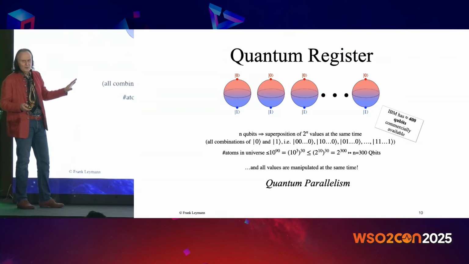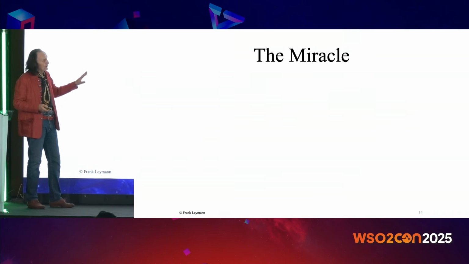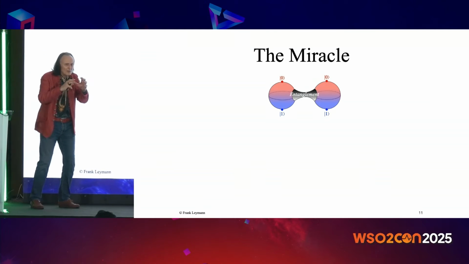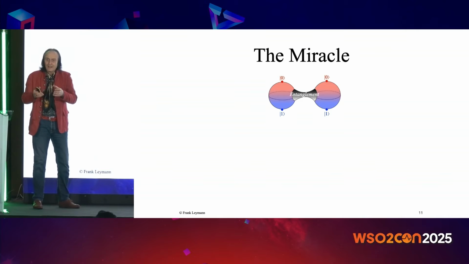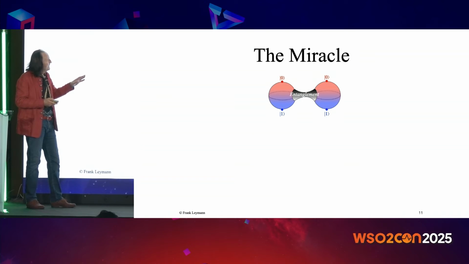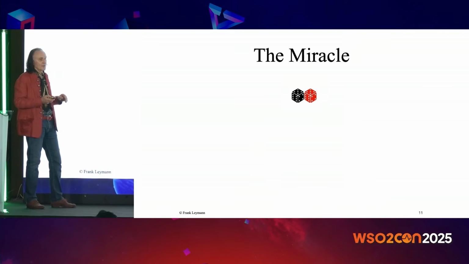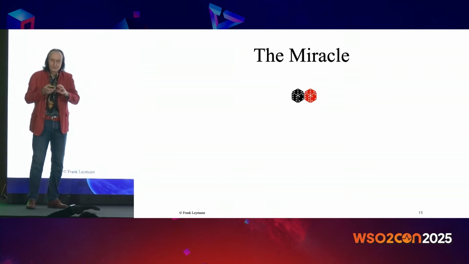And it gets even more crazy, because the real power is a miracle. Here we have 2 qubits, and these qubits can be correlated to each other by a mechanism that we haven't understood for nearly 100 years. It's called entanglement. Well, they are somehow correlated, right? And to give you an analogy, let's assume that the 2 qubits are 2 dice. So you have 2 dice, and let's assume the 2 dice are now entangled.